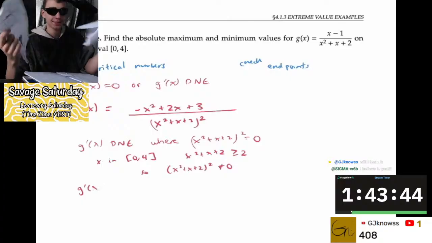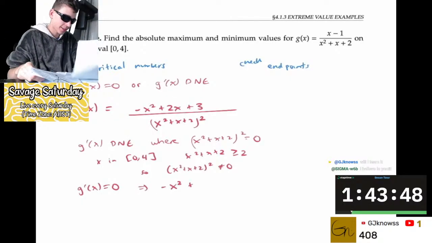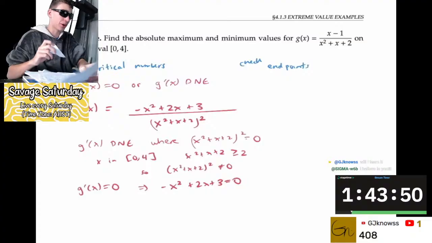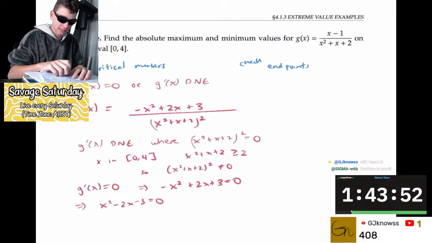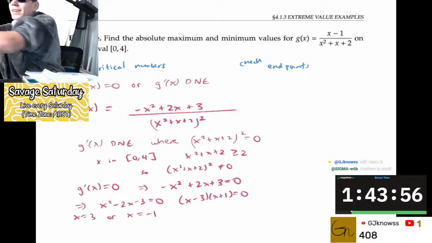To find where g prime of x is equal to 0, we just have to check where negative x squared plus 2x plus 3 is 0. Factoring, I get that x equals 3 or x equals negative 1. So these are my critical numbers, but notice that one of these critical numbers